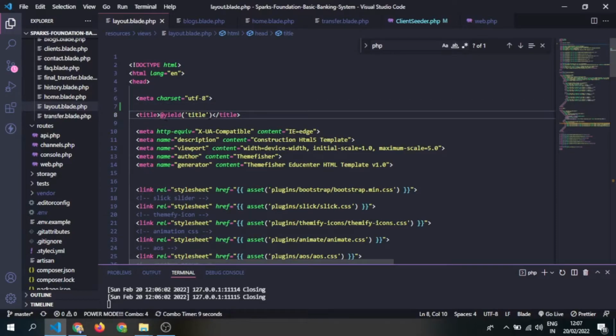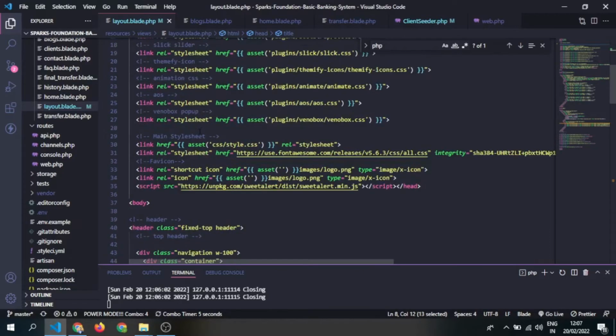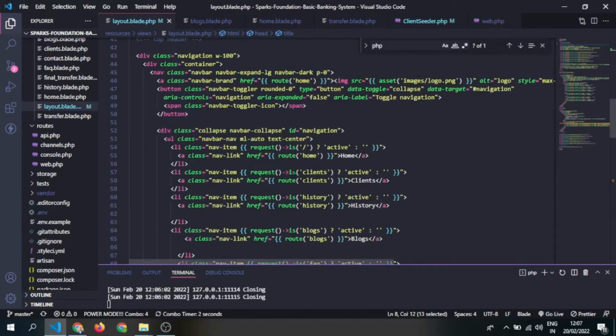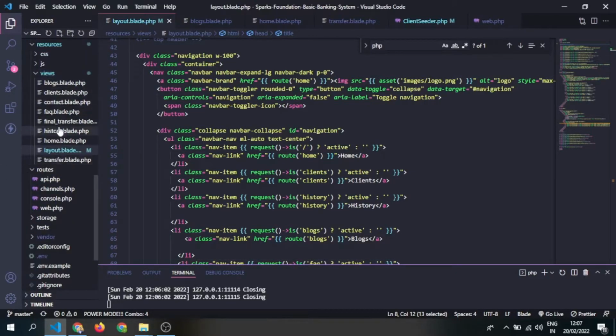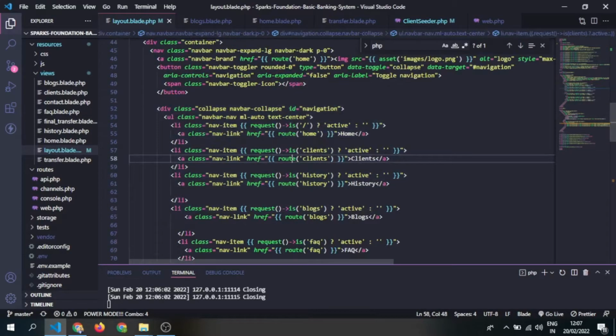Here you can see yield and title is a dynamic title for every page, and you can see here is an active. In PHP, what we used to do is make some pages, 5 to 6 pages, and in every page we include the menu and write this active class. Instead of that, I tried a dynamic URL and it will activate automatically. You can see the dynamic URL says if it is only slash, it's active, that means home page, and clients will activate clients.